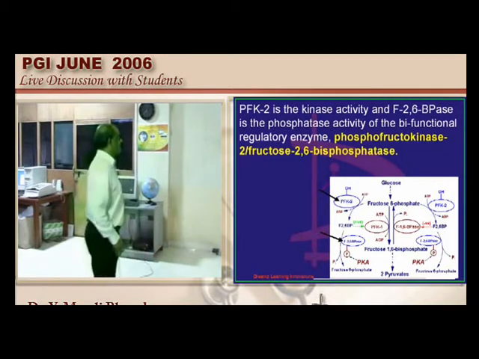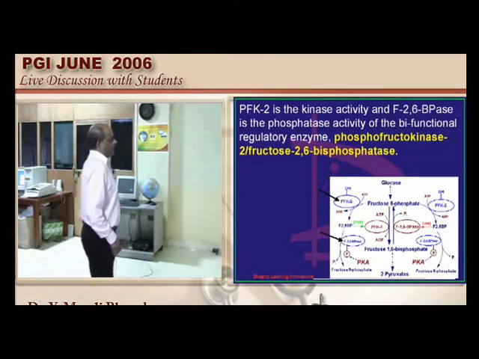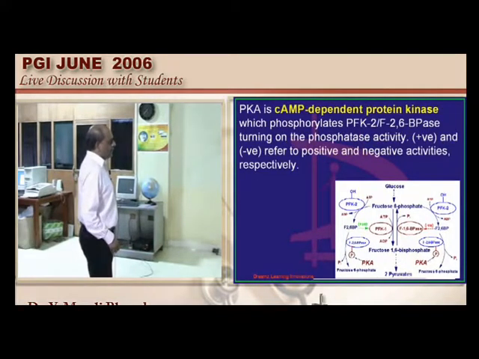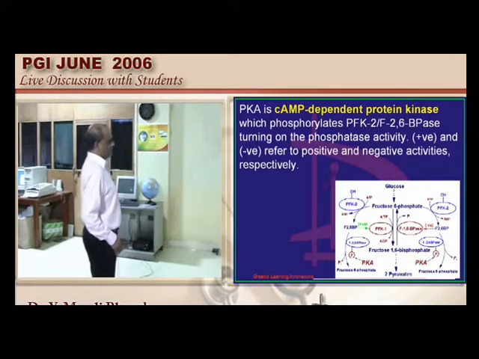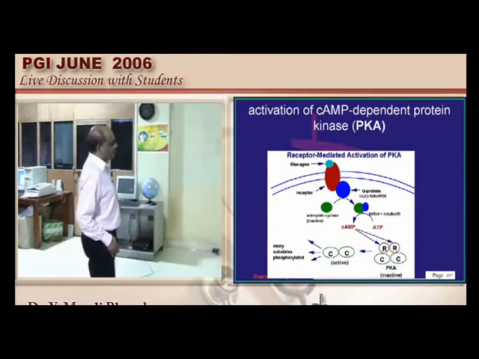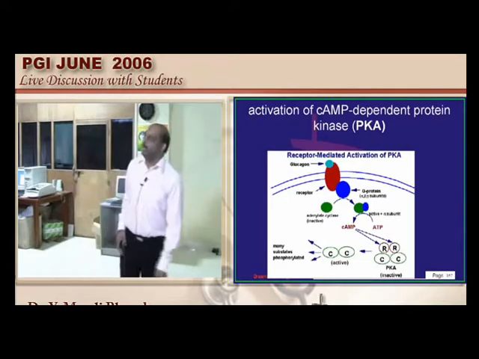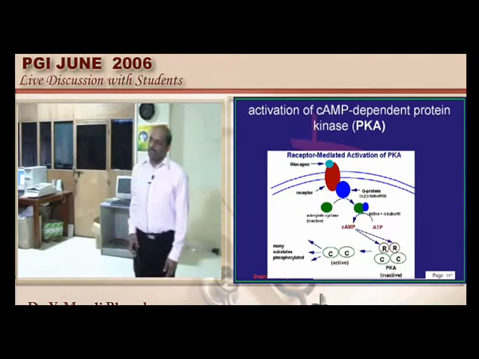So how will it do that? Basically, the glucagon will cause the G protein stimulation. G protein in turn will cause the adenylate cyclase activity, and that in turn will cause the cyclic AMP to become elevated, and elevated cyclic AMP will stimulate the protein kinases, and those protein kinases in turn will cause the fructose 2,6 biphosphatase activity to increase, and that in turn will cause the fructose 2,6 biphosphate levels to fall, and that in turn will cause the gluconeogenesis to go in a forward direction, is what we have to finally remember.